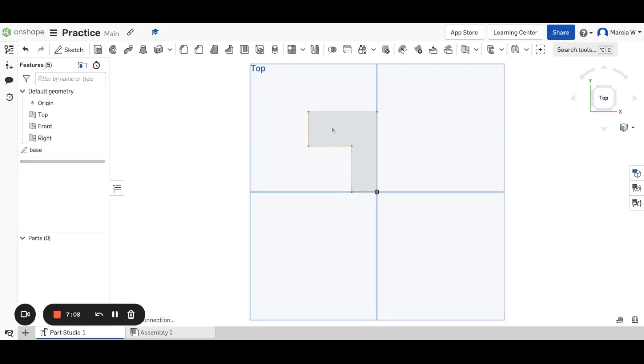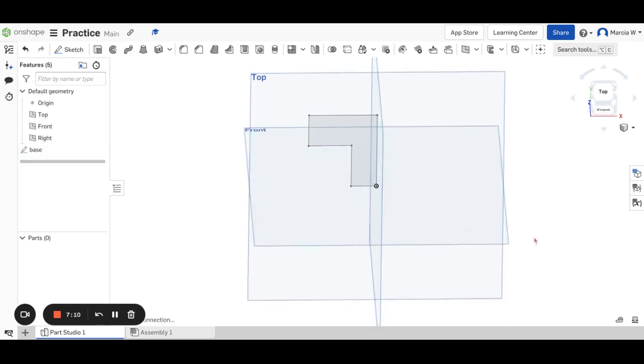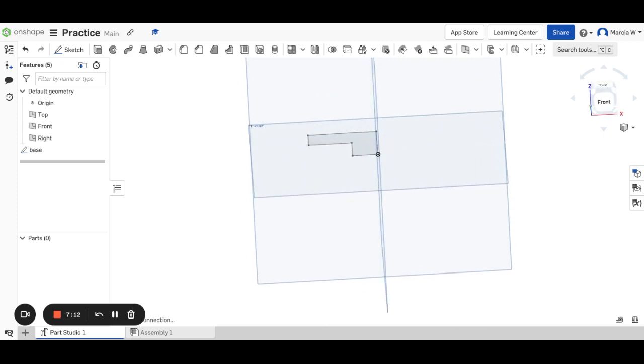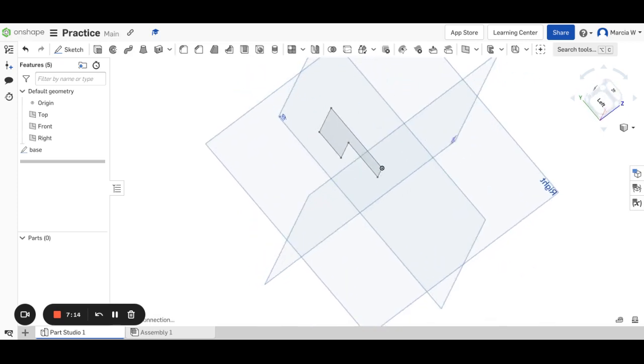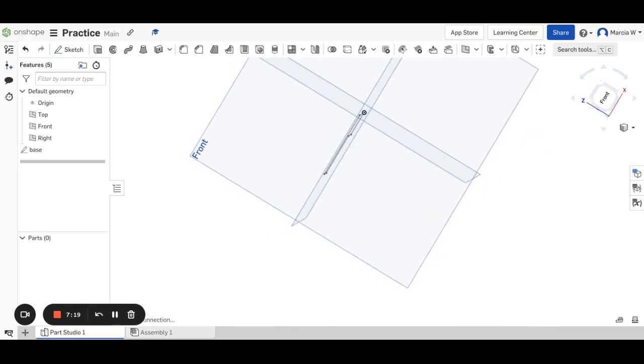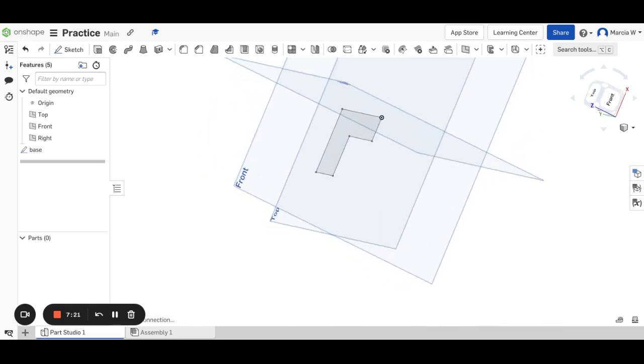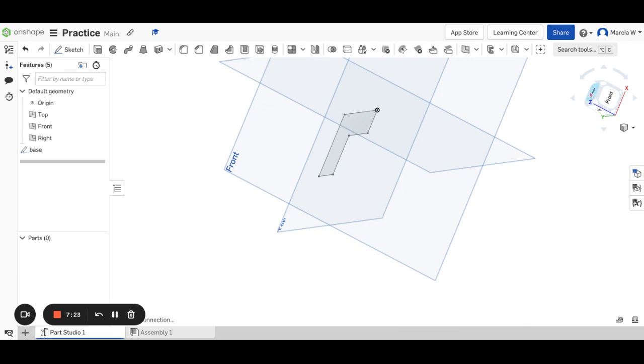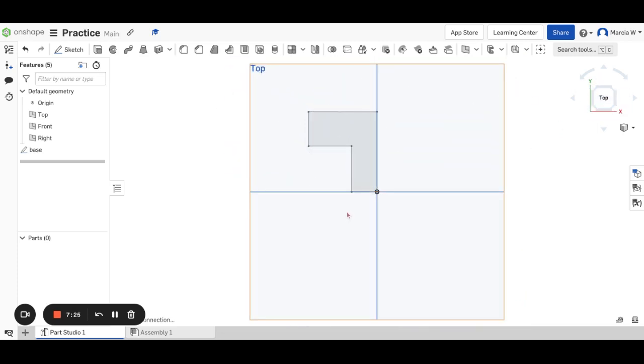So once I have a basic sketch, I'm going to rotate here so you can see this is a 2-dimensional sketch. I've drawn it on the top plane. If I flip to the side, it has no depth to it whatsoever. It is not 3-dimensional yet. I'm just going to click back to the top. Okay, but if I wanted to revolve this, if I wanted to take it and wrap it around, for instance,